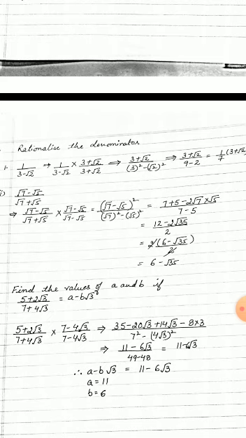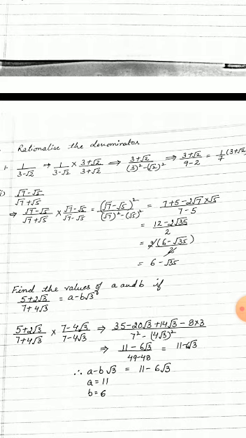in the numerator, we get 7 plus 5 minus 2 root 7 into root 5, upon 7 minus 5. Further simplifying, you get 12 minus 2 root 35 upon 2. From the numerator, we can take out 2 as a common factor. Taking 2 as a common factor, we are left with 6 minus root 35 upon 2. 2 in the numerator and 2 in the denominator cancel out. So the number is reduced to 6 minus root 35.